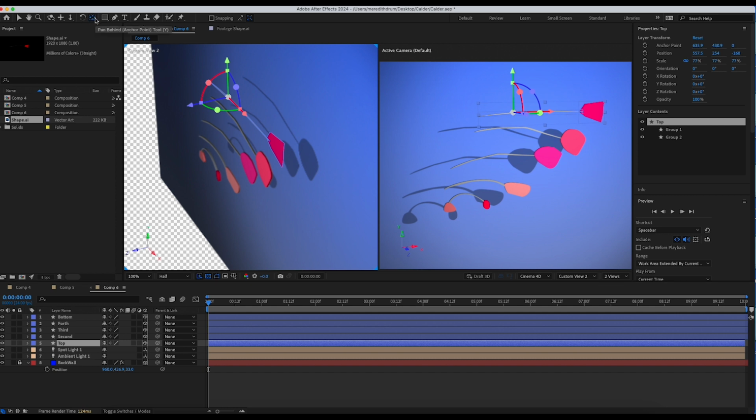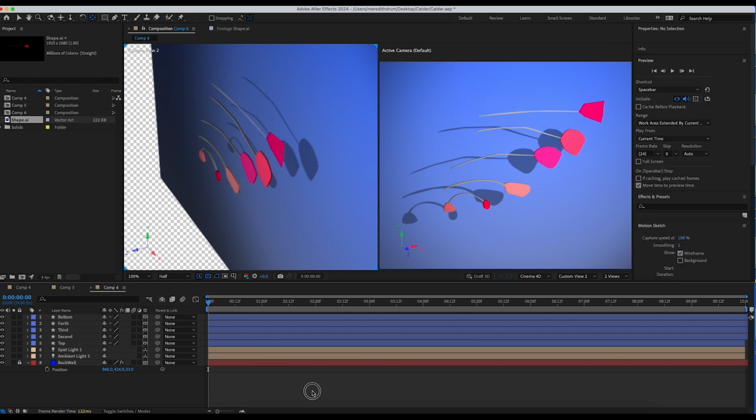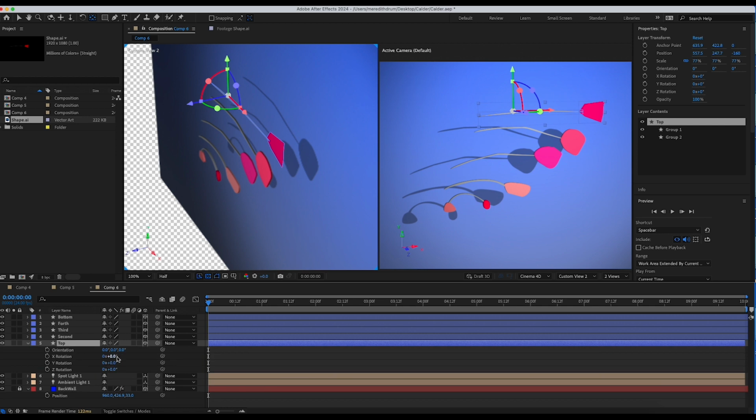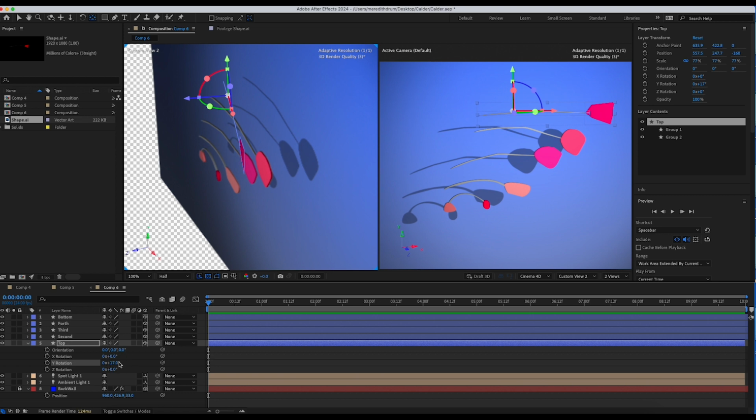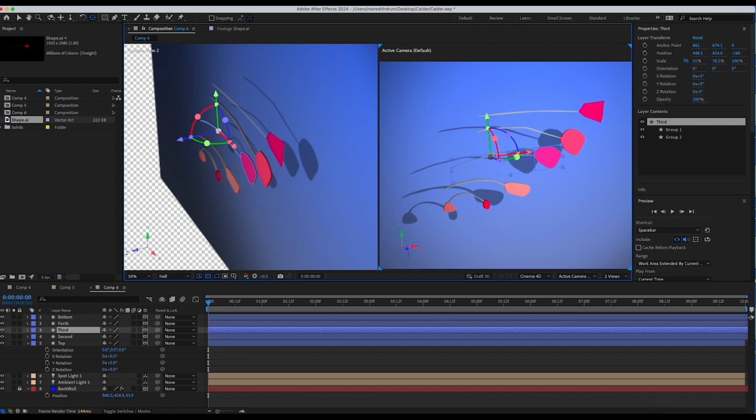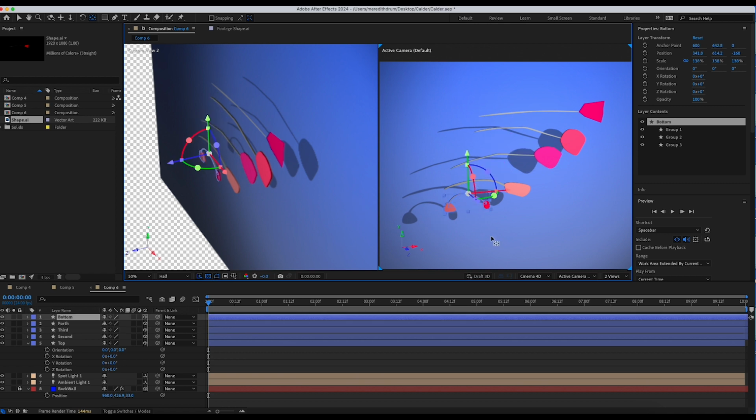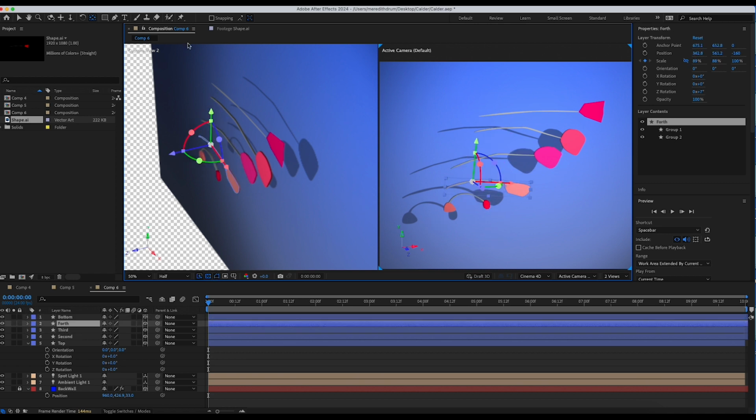It's this pivot point tool. And there we go. Okay, let's test that out by rotating it. Let's see what happens when we rotate it, say in Y. Okay, so now it seems to be rotating in a pretty good fashion. You can test out the other areas too. Okay, so that's good. So again, that's the pivot point. Say you decide you don't like where that one is, you can change that too. You can click it and then move the pivot point.